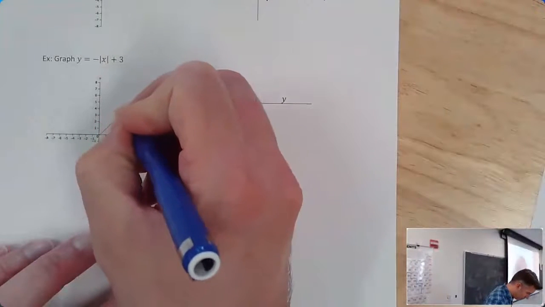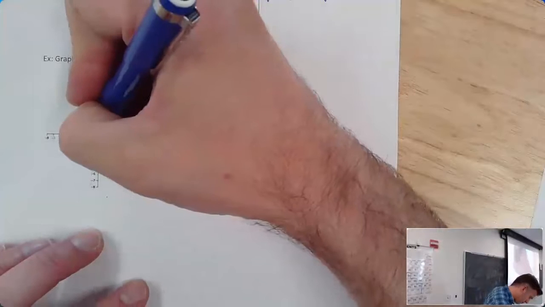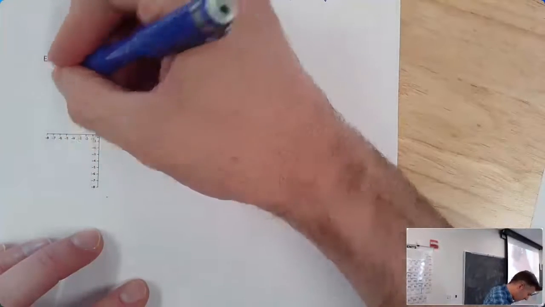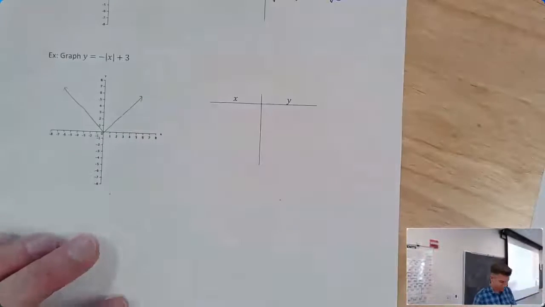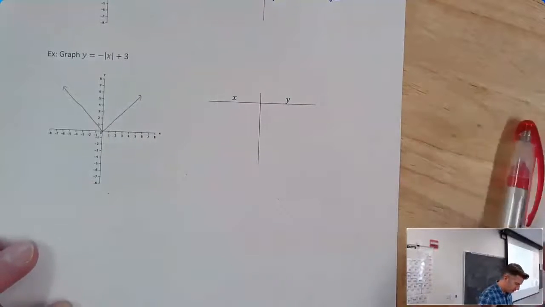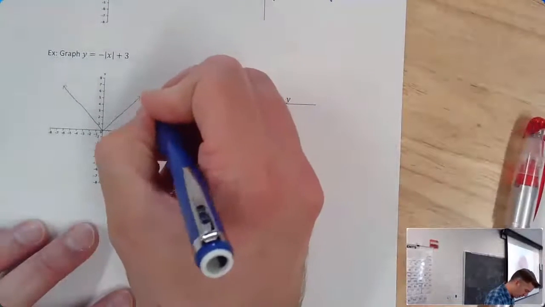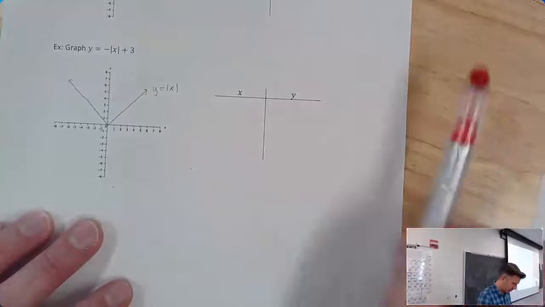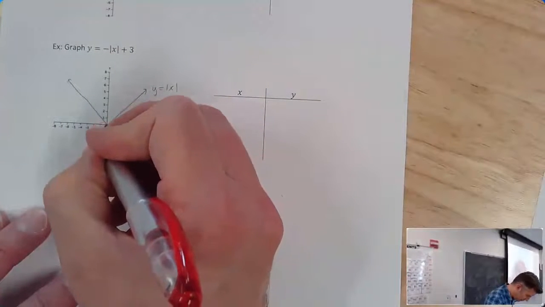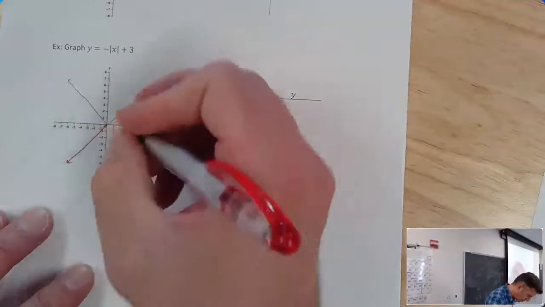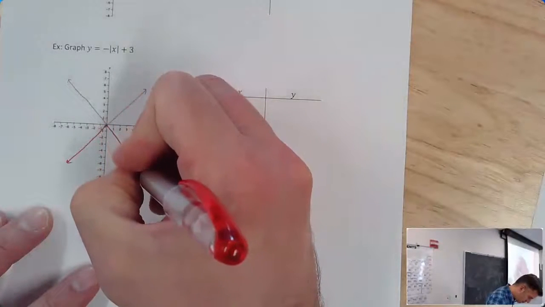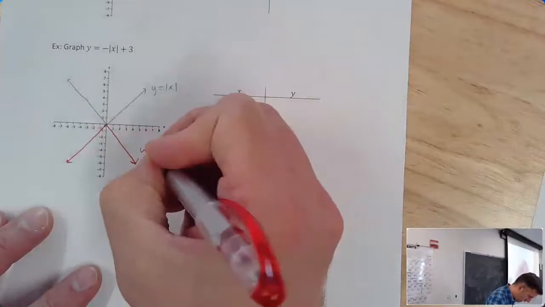Parent graph. And then our flipped graph. So sure, I'm going to draw in a different color. So here's our parent, y equal to the absolute value of x. Here's our flipped graph in red. Y equal to the negative absolute value of